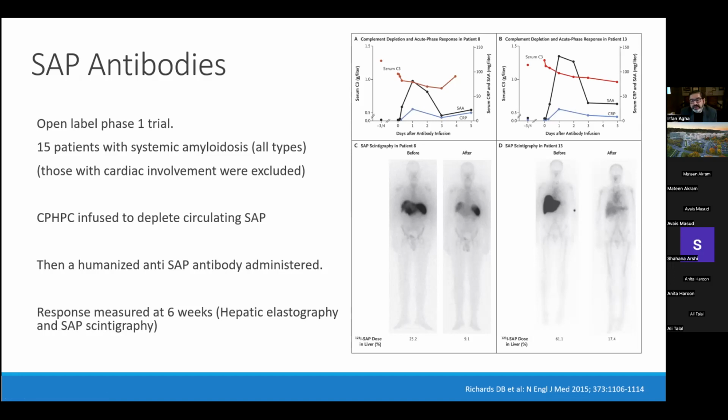But I would make a note that there was a trial called Pronto, which was SAP antibody in cardiac amyloid. It did not reach its goal. There's a trial called Affirm-AL, which is ongoing again. That's not in AA amyloid, that is in AL amyloid. Both of these trials were in AL amyloid. So we're still working on this, but I just wanted you to be aware of the way people are thinking